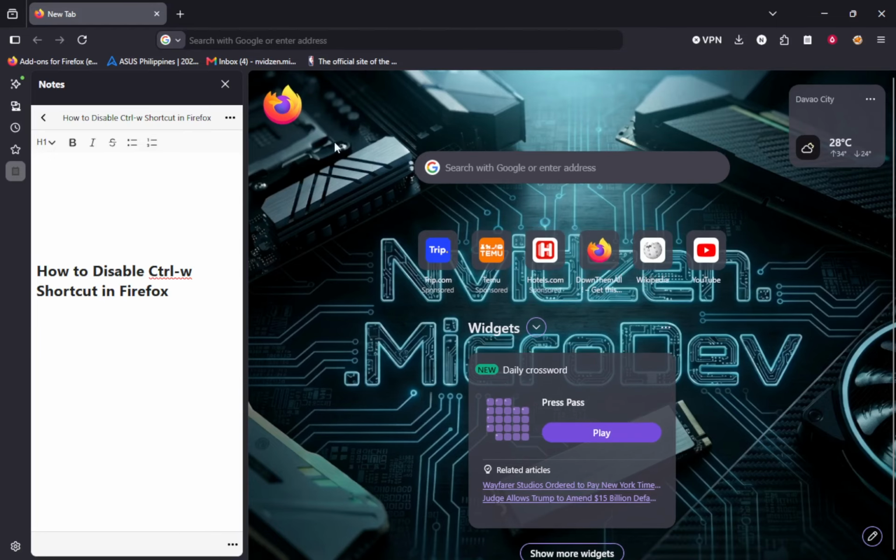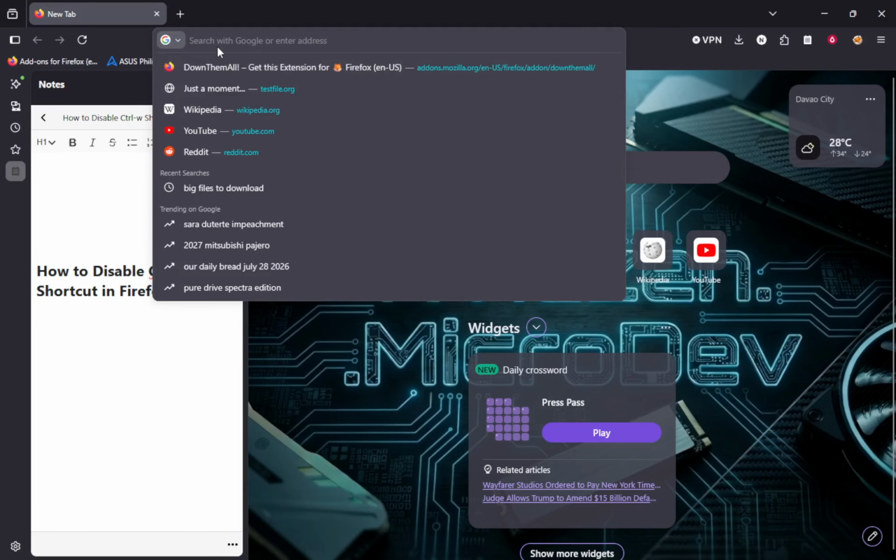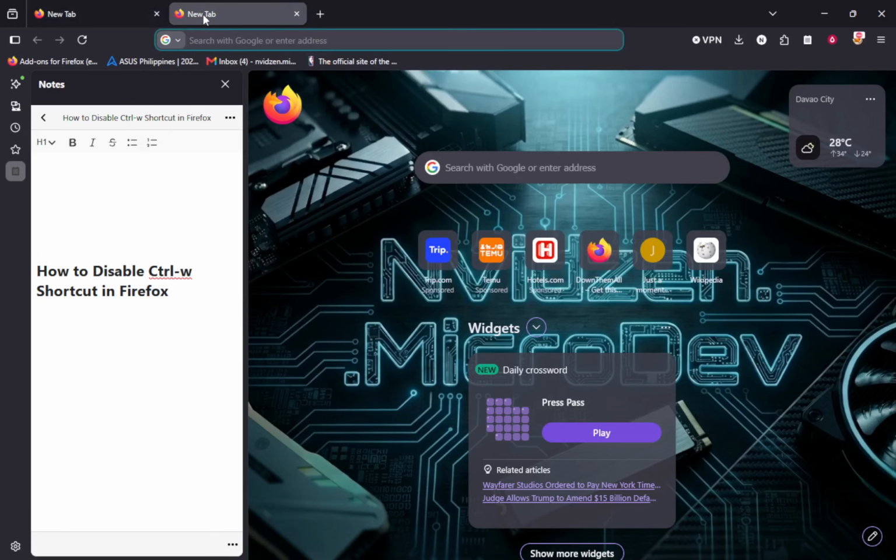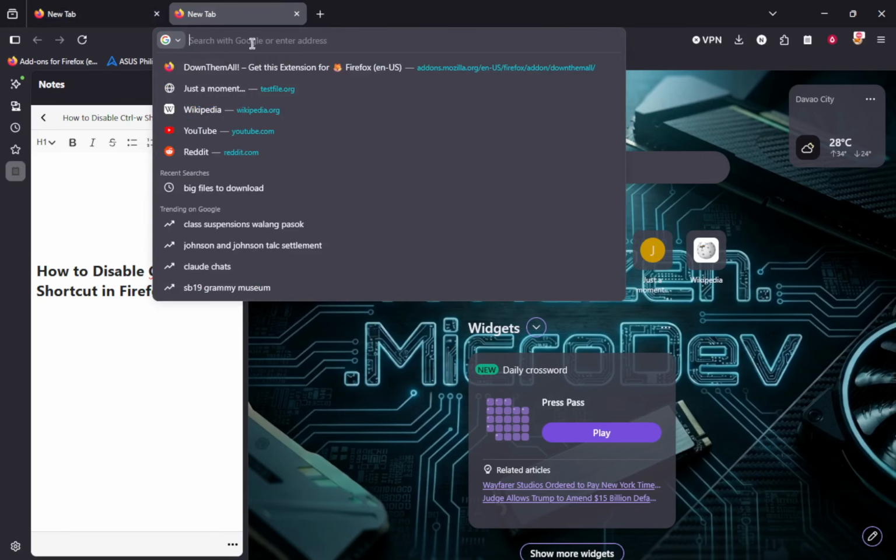You should see the usual Firefox interface with the address bar at the top and your open tab or tabs below it. Now move your cursor to the address bar at the top of the Firefox window. Click once in the address bar so the current web address is highlighted and ready to be replaced. When the address is selected, anything you type will overwrite it.